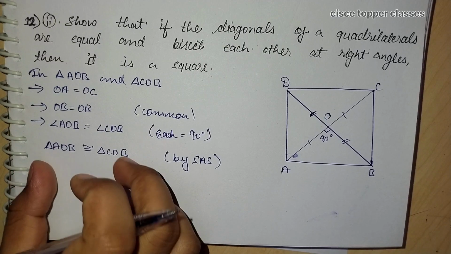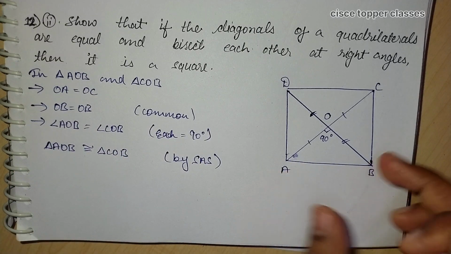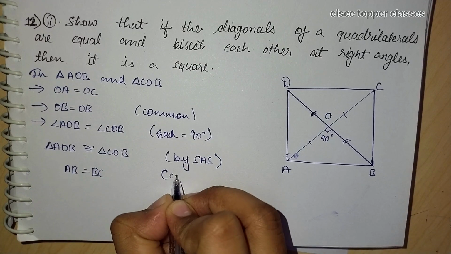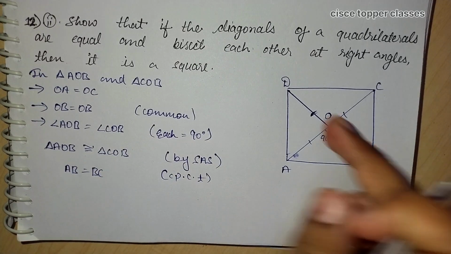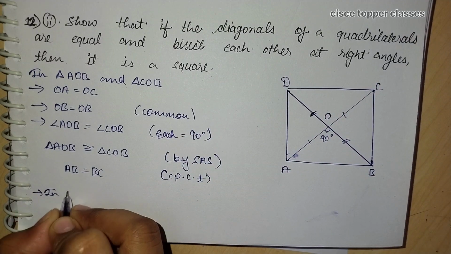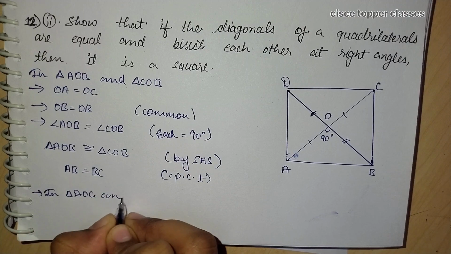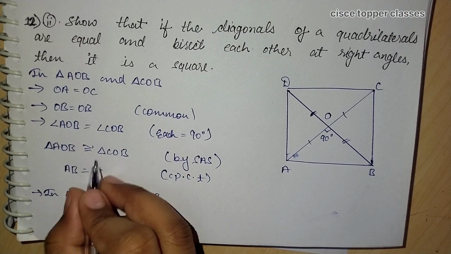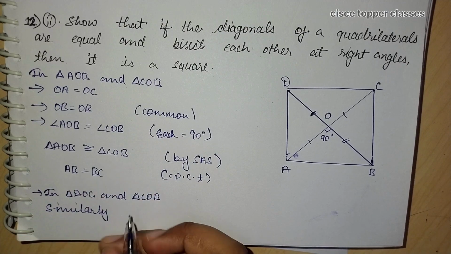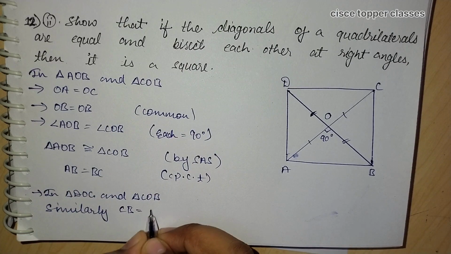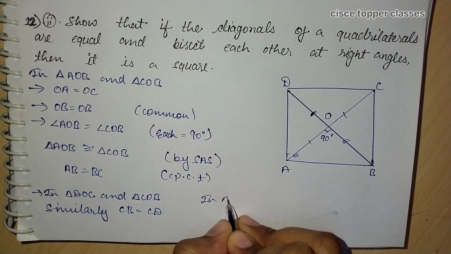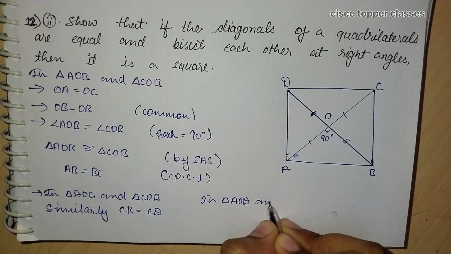We have proved this, and from here by CPCT we can prove that AB is equal to BC. So AB is equal to BC here by CPCT, and again we can take the triangles DOC and COB. So here in triangle DOC and triangle COB, again similarly we can prove, by the same process which we have proved in the previous one, that CB is equal to CD, and similarly again in triangle AOD and triangle